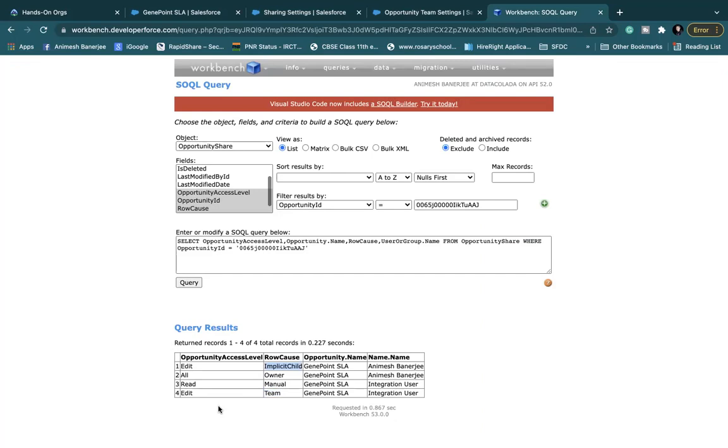This is basically the hierarchy sharing that is happening because of implicit sharing. We'll discuss this a little later. This is happening due to role hierarchy. Why am I getting this? Because the account might be owned by Animesh Banerjee, so the child opportunity I am also able to see. Yeah, this is implicit sharing. Anyway,